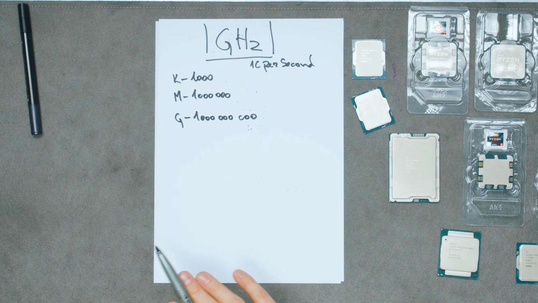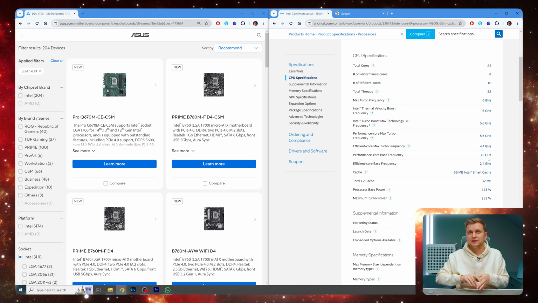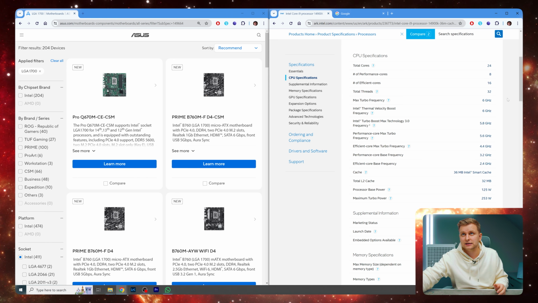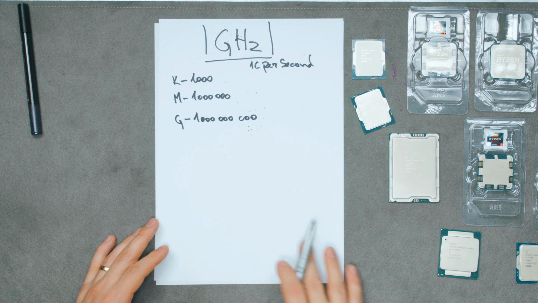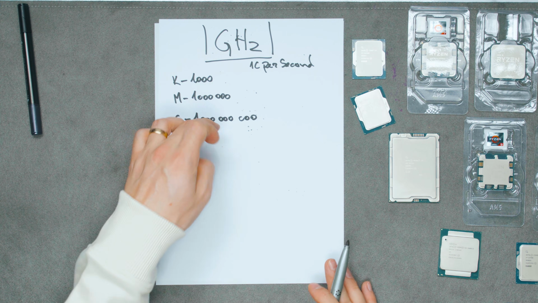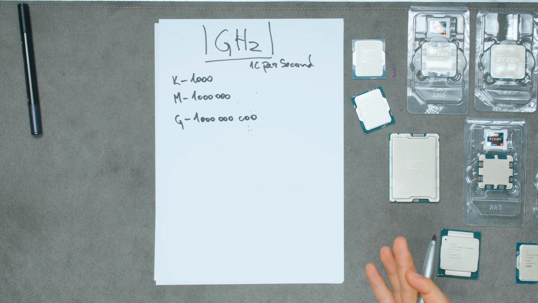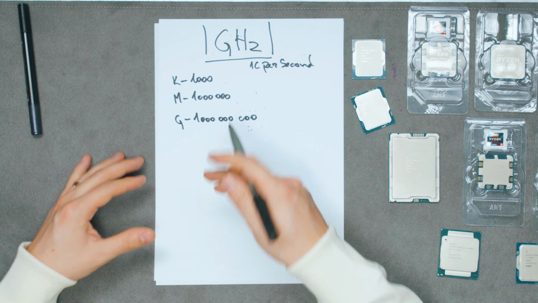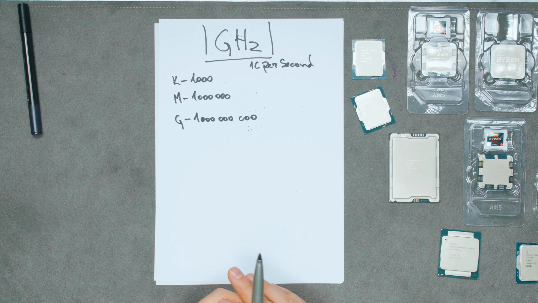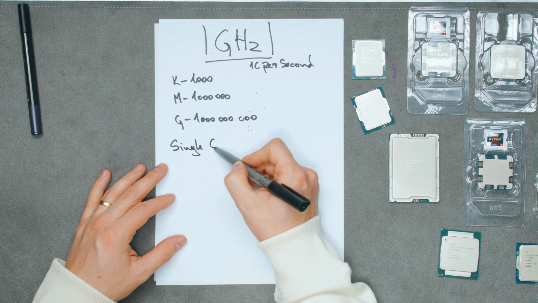Now, what you can see here, this 14900K, the max turbo frequency is 6 gigahertz. So 6 gigahertz means it's 6 trillion operations or crunches per second, which is super, super fast. And the faster the gigahertz, the faster amount of data it can actually process within 1 second. That's also referenced as single core